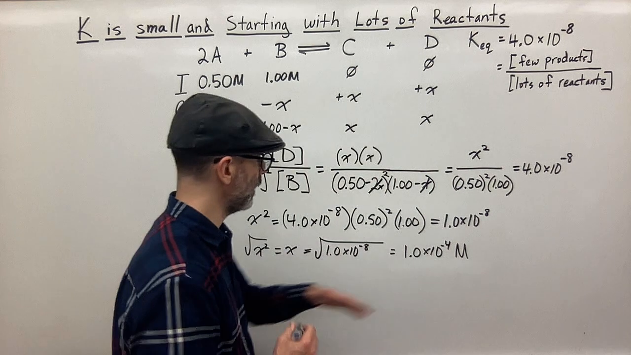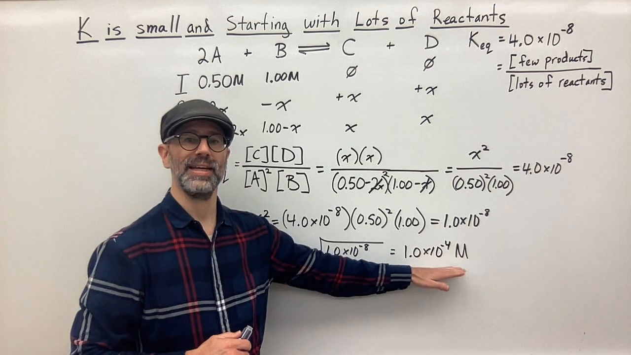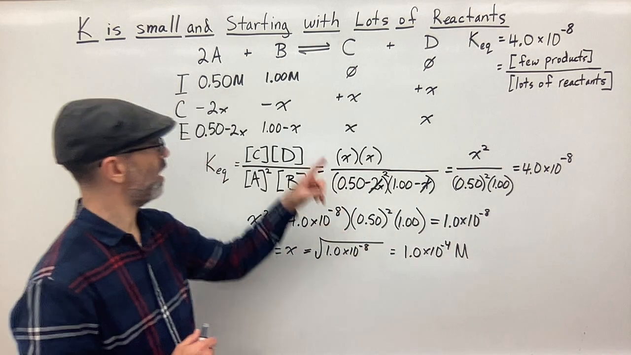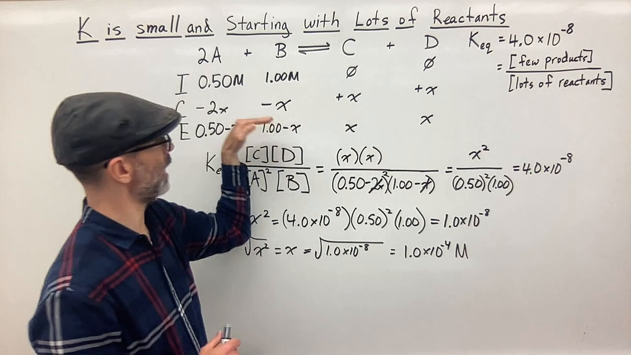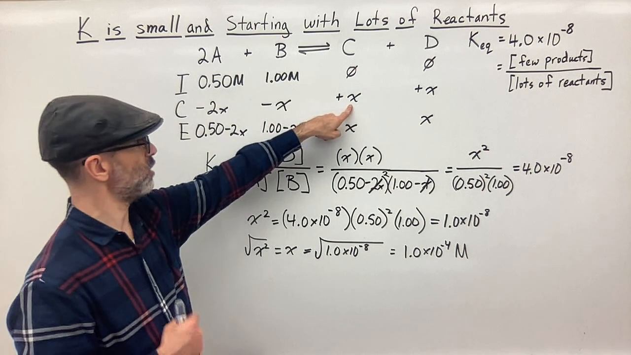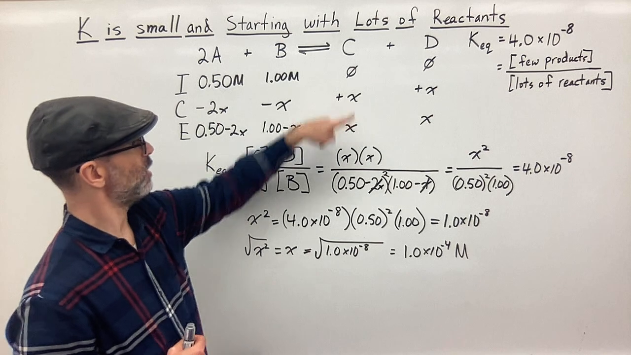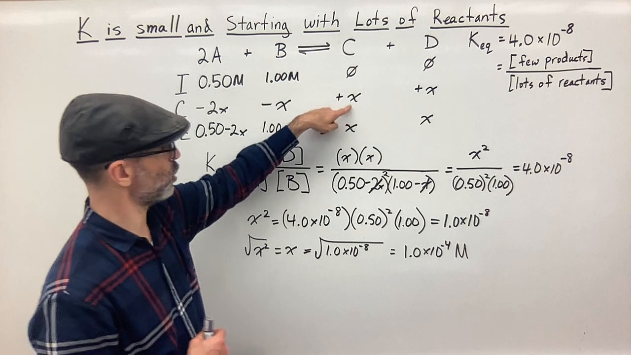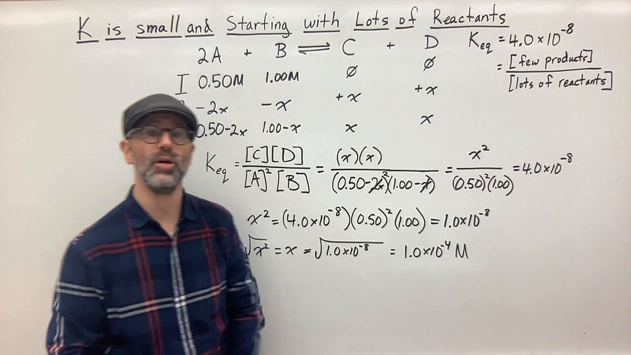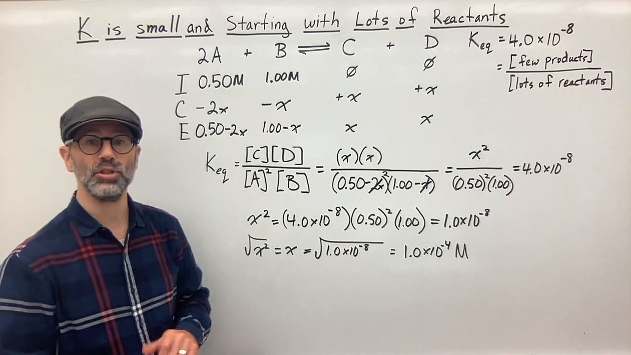And so that is the change in the amount of stuff that you have going on in the shift. So this here is X, that's the change. So that you went from 0 to X, so that's your change. So now the next thing we want to do is do the 5% rule, which means we need to check